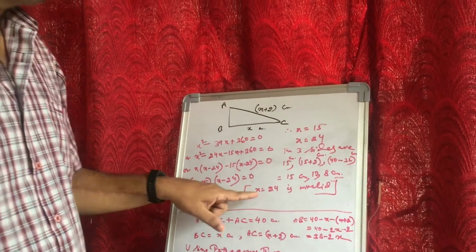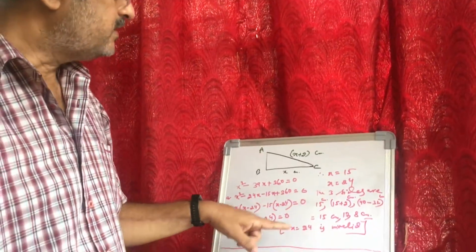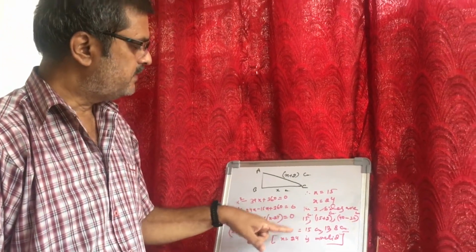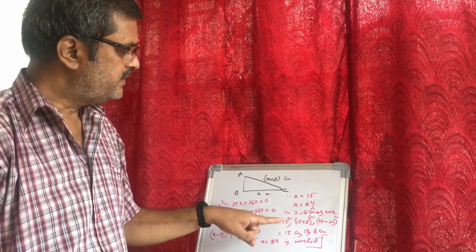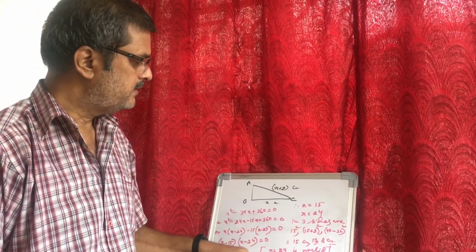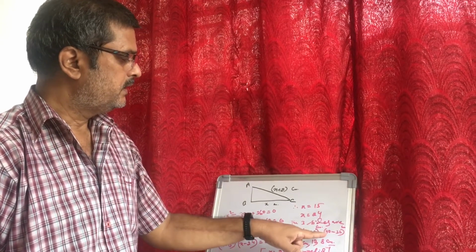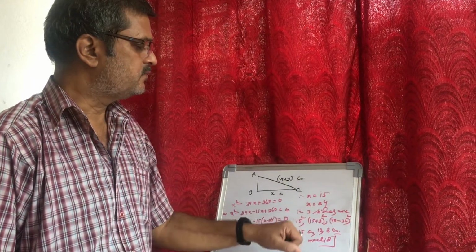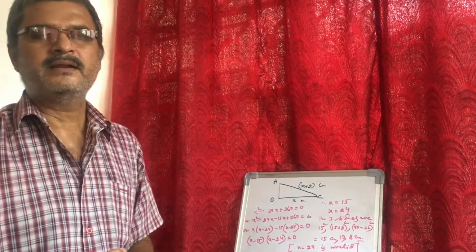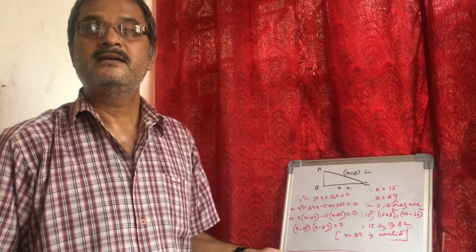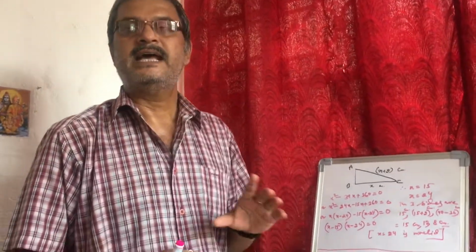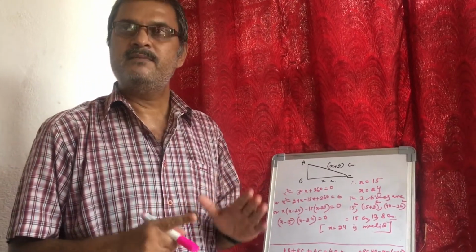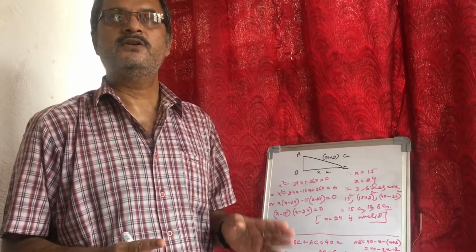But if I take x is equal to 24, then the three sides will be what? The three sides will be 24, 26 and 40 minus 24 minus 26, which will be a negative number, but a negative number cannot be a side of a triangle. The sides of triangles are always positive numbers. So 24 is an invalid number. I don't have to take x is equal to 24.